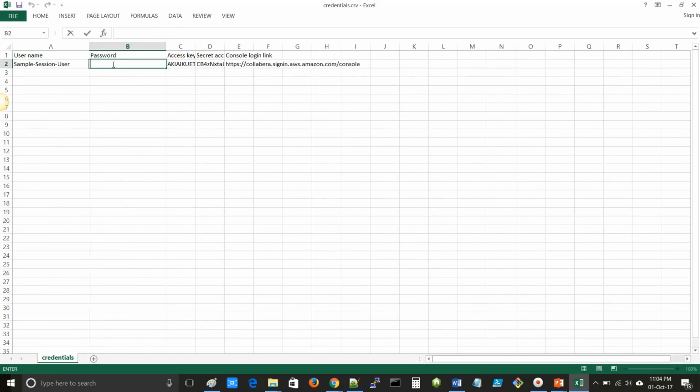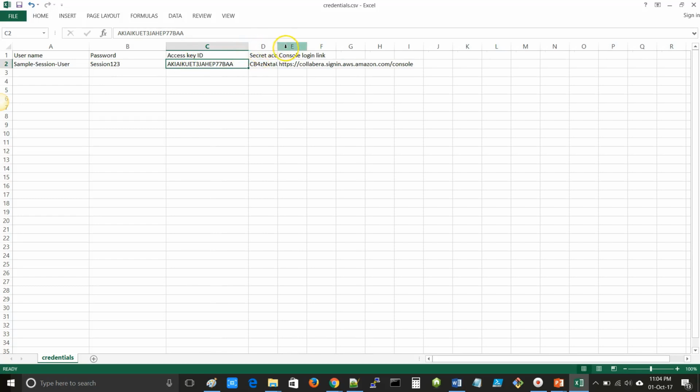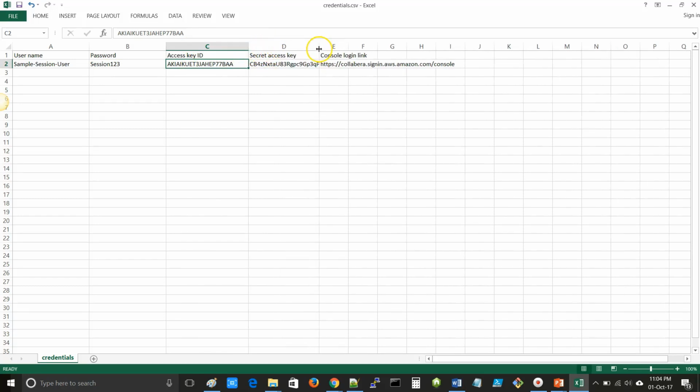At the time of creation of user, I had given the password as session123. Here you can check the access key and the secret access key, and this is the console login link.